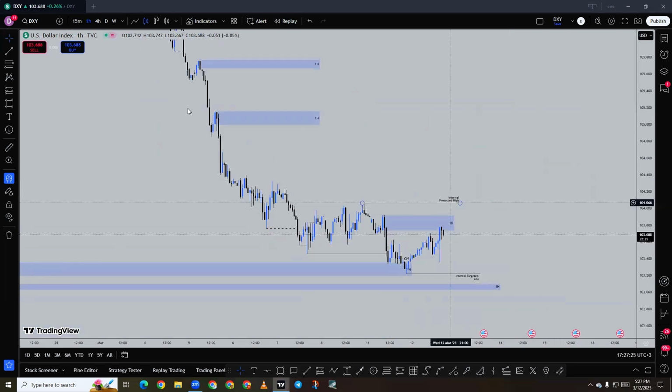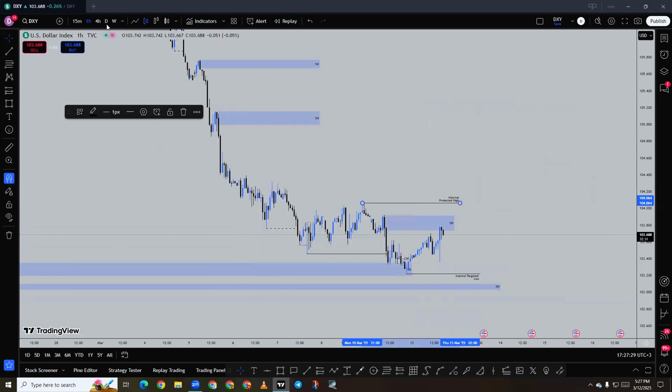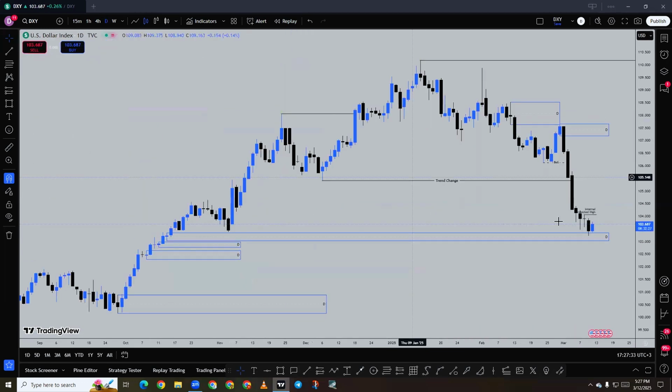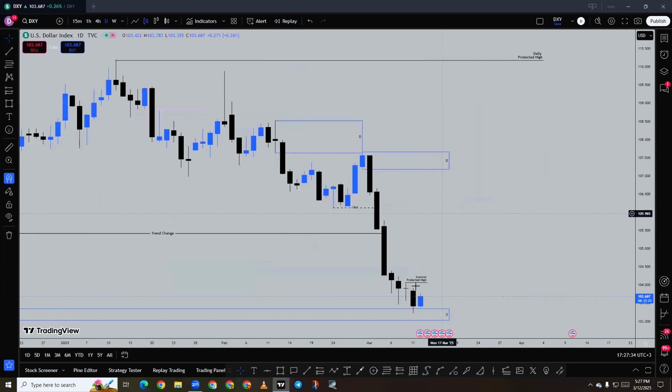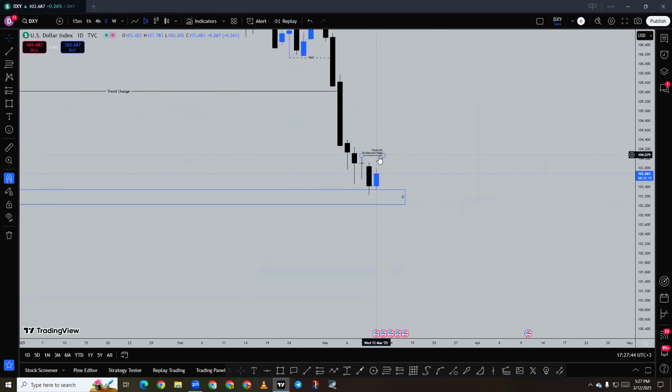Let me just show you something on the daily. Remember what I was saying? This is the high that I'm looking at. If price can actually break above that internal protected high of the 1 hour, then I'll know for a fact that there were enough orders to flip